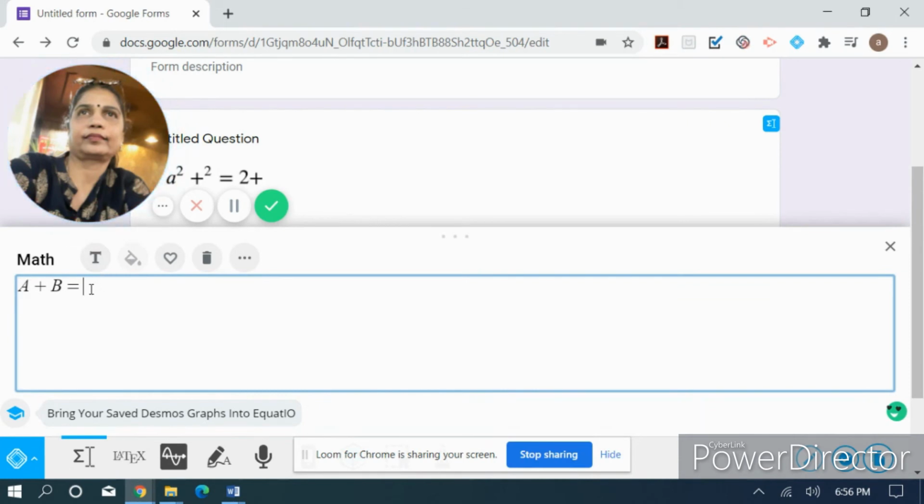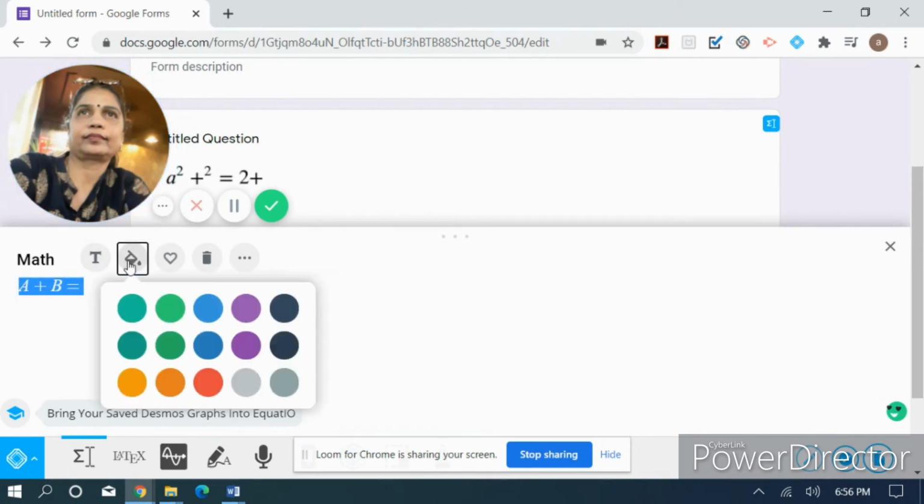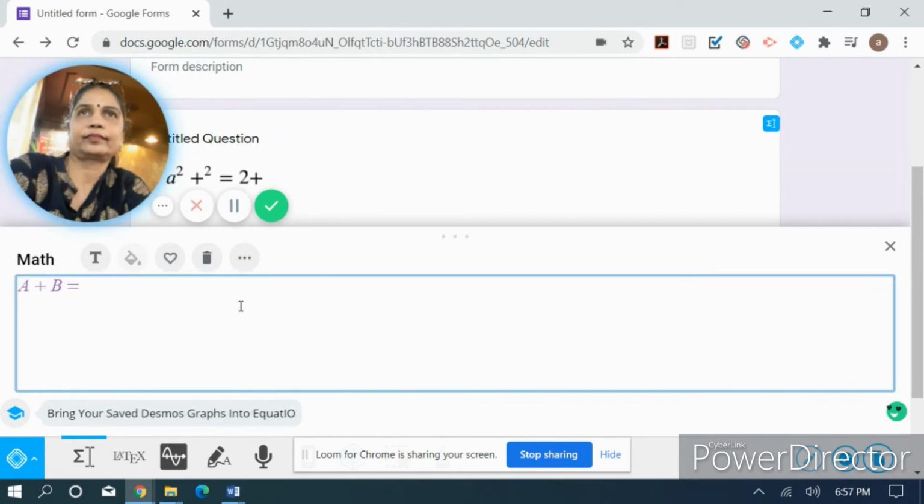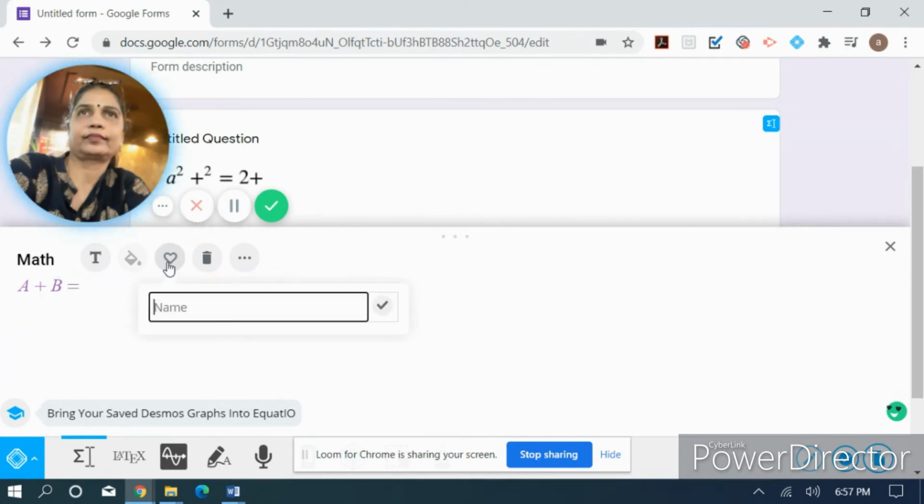Again, you can select the fonts and you can change the text color also. Like if you want to change it to some color, you can go for it. Then the next is add to favorites. Now if this equation is your favorite equation, you can click and mark it. You can name it as equation number 1.